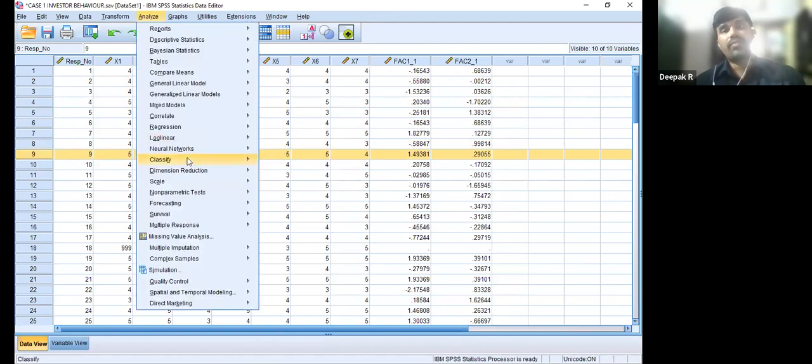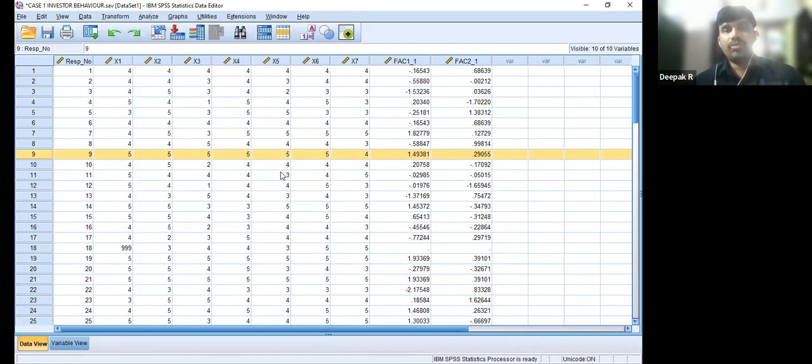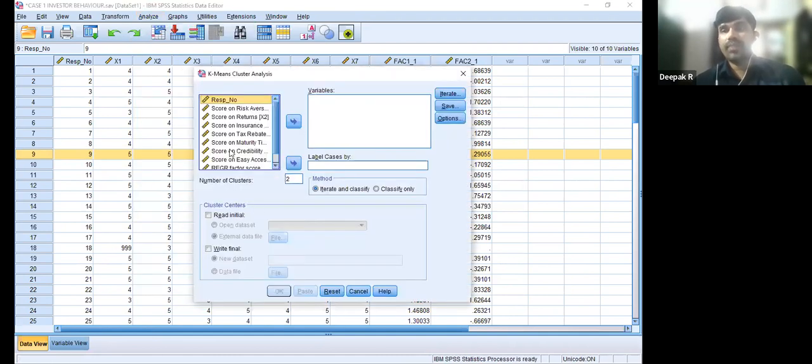So what we will do is go for classify, and then cluster analysis. Depending upon whether you want SPSS itself to decide how many clusters there will be, or you want to decide, you either go with HAC, the hierarchical clustering method, or choose the k-means clustering method. If I assume that the number of clusters I want is just 2 clusters, or just 3 clusters,